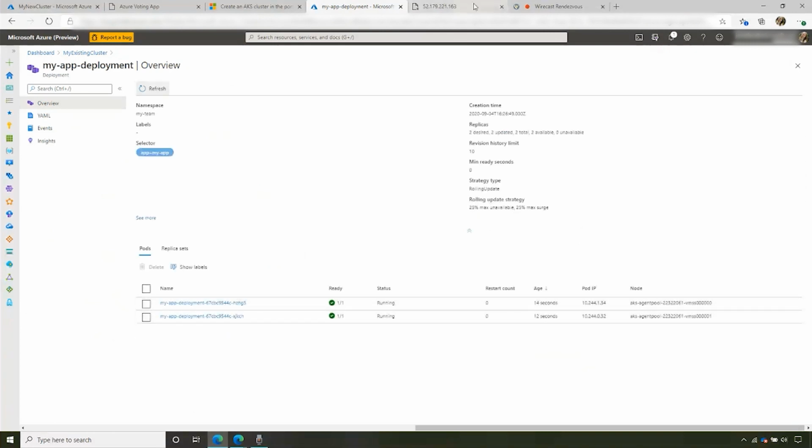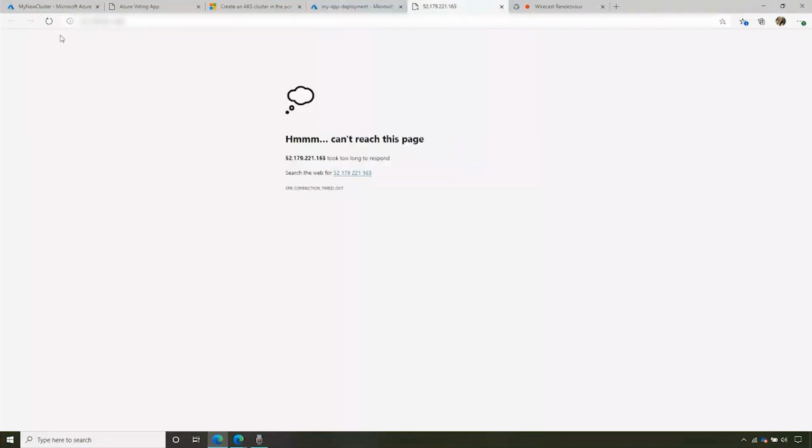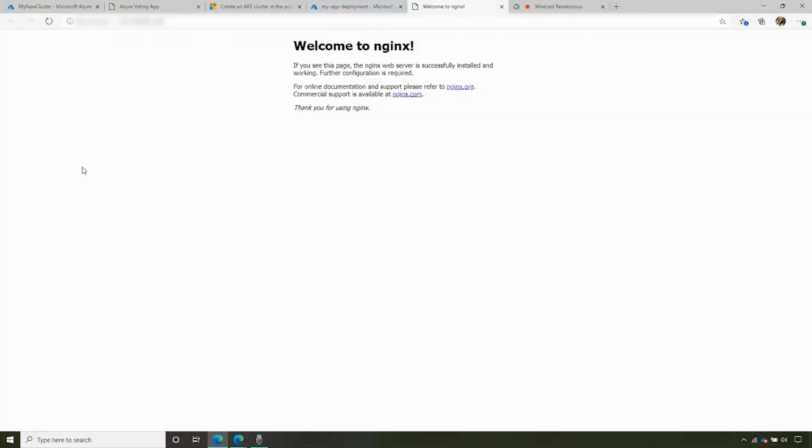So let's go back and check on our application. We're going to refresh it, and perfect! Everything is now back up and running. We'll be good to go for our demo later today. So today we've gone from having no application deployed on our Kubernetes cluster to having an application up and running, and we've managed to save our demo by making a quick fix to our running Kubernetes application.